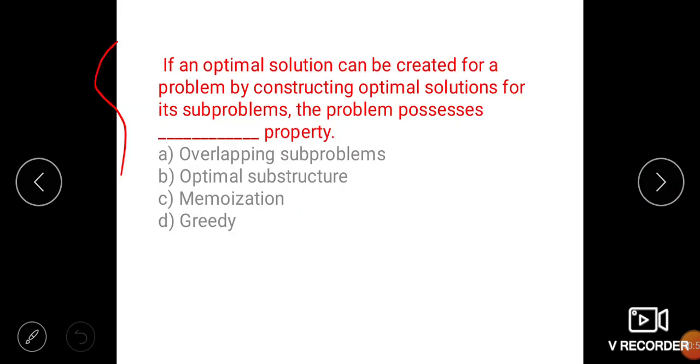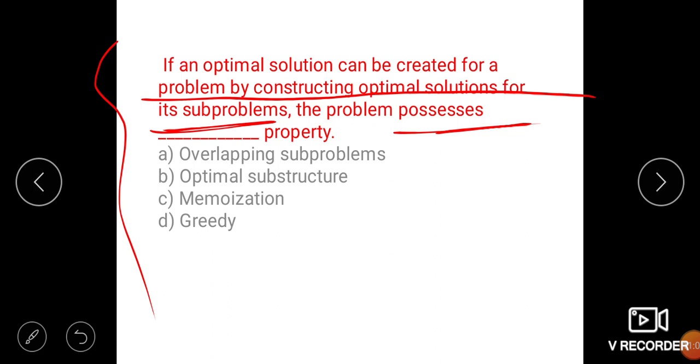So now next question, if an optimal solution can be created for a problem by constructing optimal solutions to subproblems, then the problem possesses which property? Option B is correct, that is optimal substructure.